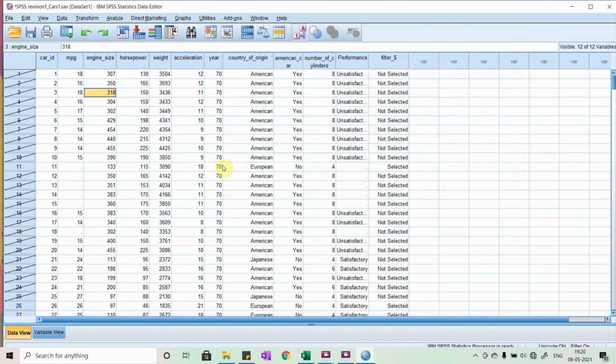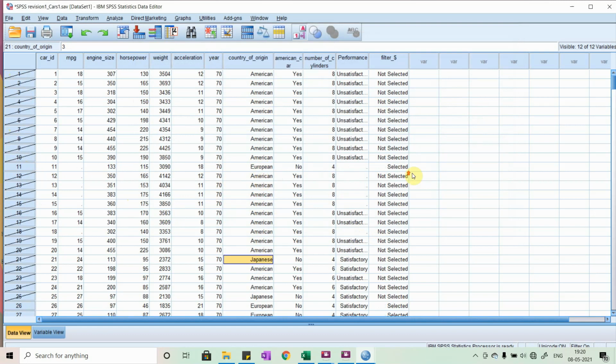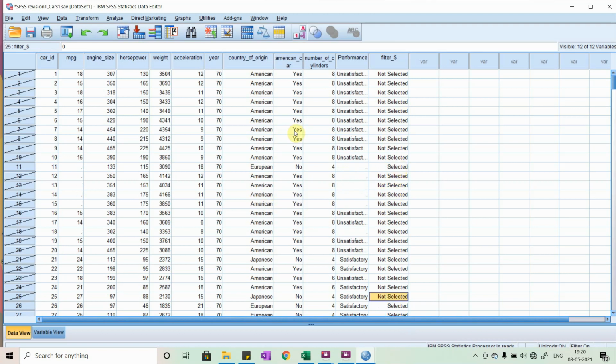So it has only selected the European cases. Additionally, you have one more column added called filter underscore dollar, where only Europeans are selected, whereas American and Japanese are not selected. So this is how select cases functions.